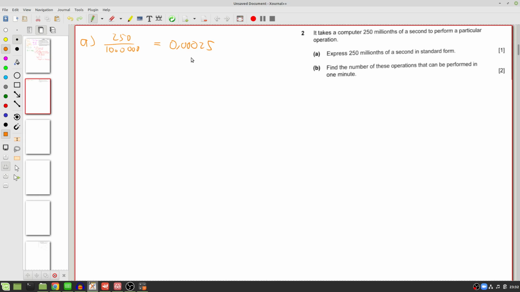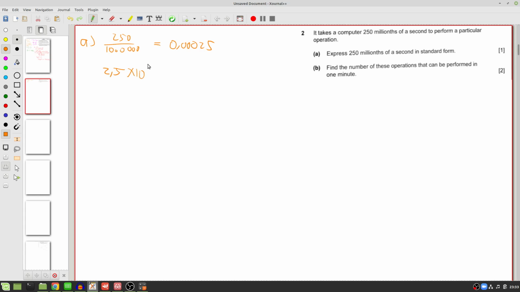So how does standard form work? Well, standard form, we start with a non-zero single digit. So in this case, that'll be the 2, then we put a decimal, the comma, and then we put everything after that before it starts becoming all zeros. So obviously this would be the same as having lots of zeros behind it, and that would be insignificant, we don't care about that. So we just have 2.5, then we write times 10,